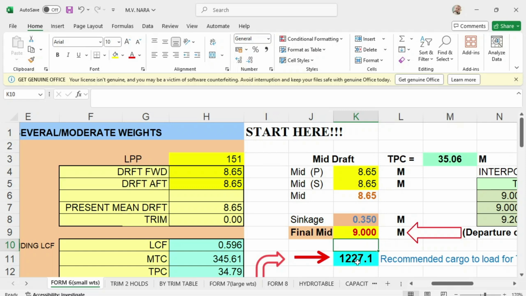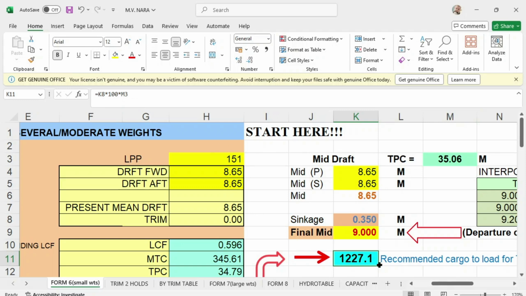Now let's convert this sinkage into cargo, and we have this formula. Cargo is sinkage multiplied by 100, which is constant, then times your TPC. So I will repeat.